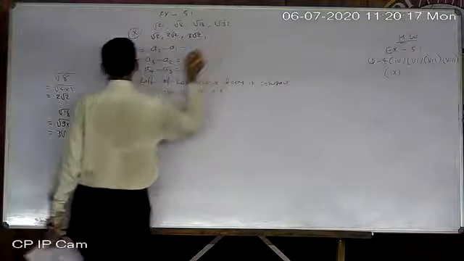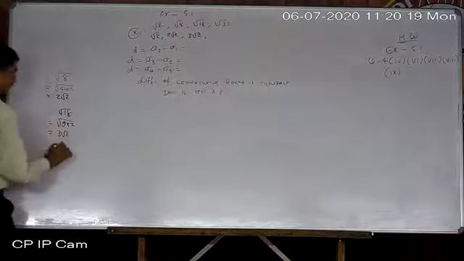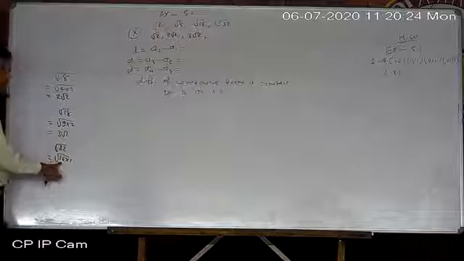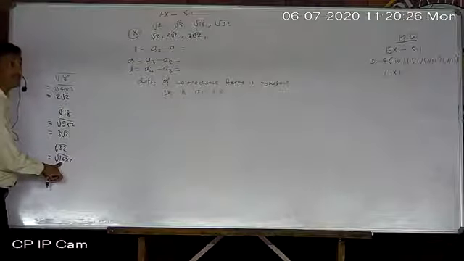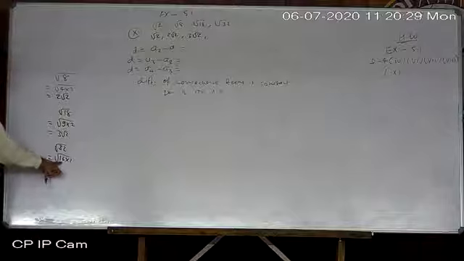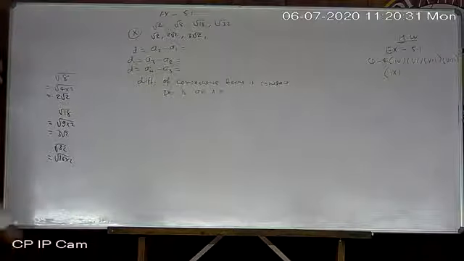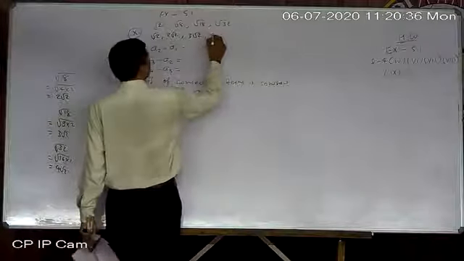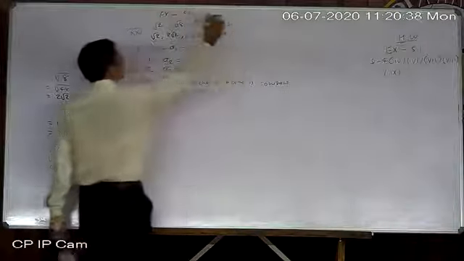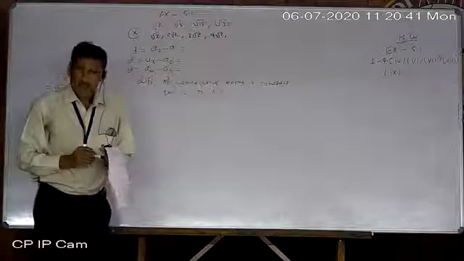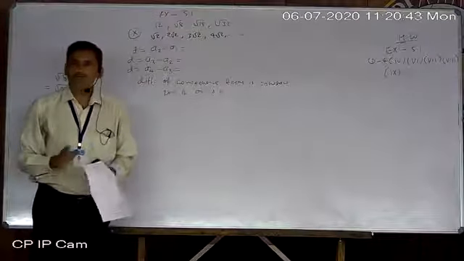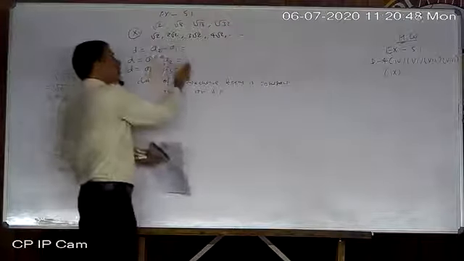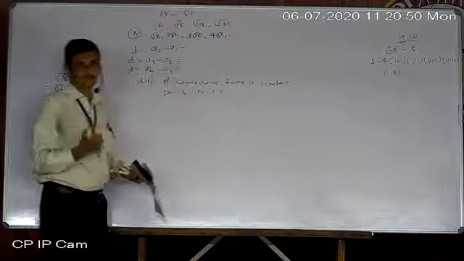Now this is root 32. I want the biggest perfect square factor, not 4 times 8, which is 32. It is 16 times 2, because the biggest perfect square should be there. So 16 root 2 means 4 root 2. Now only you can give your answer. Otherwise, if you keep all your terms in the given form, then you cannot say anything. You cannot even go ahead a single step.